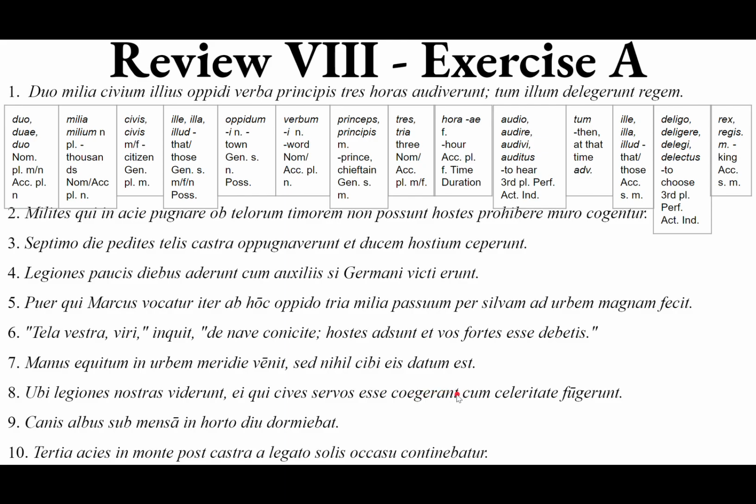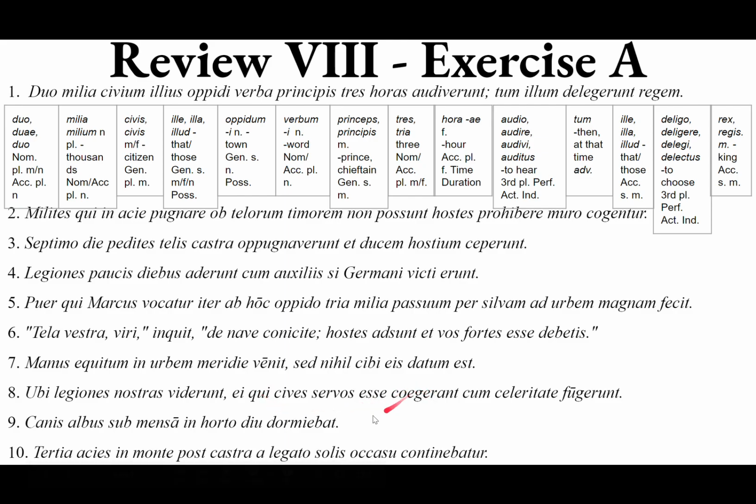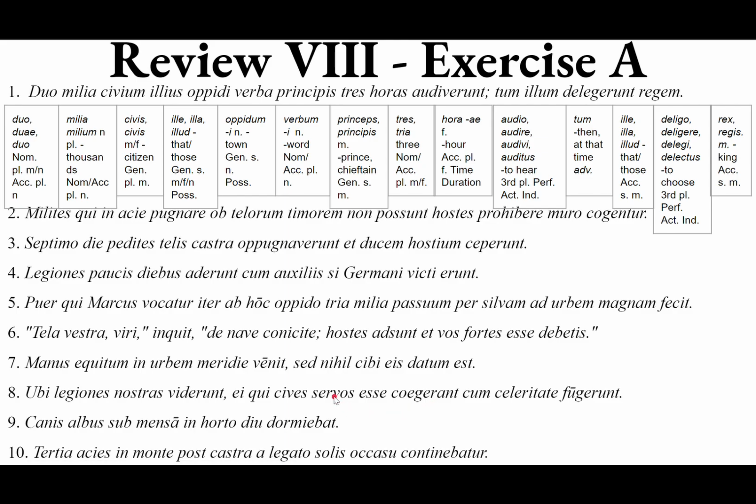So it seems like this is the end of the relative clause, because we've reached a verb. And then the cum celeritate fugerunt will pick up the main clause started by ei. So those guys, they did this. Who are they? Well, those guys who had gathered. How about forced? They had forced, subject accusative, cives, they had forced the subject accusative,